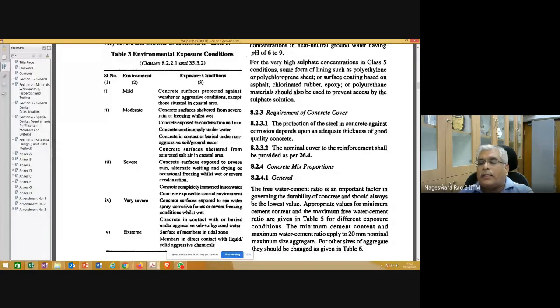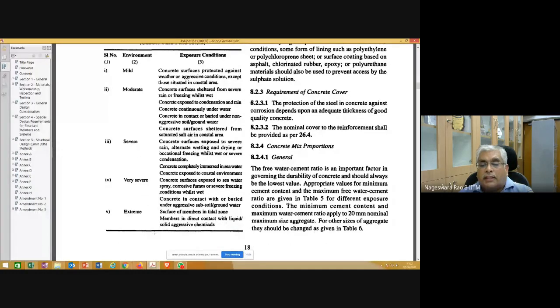The concrete surfaces of the structure that you are planning to construct are protected against weather or aggressive conditions, except those in coastal area. And if you go down, extreme. Let's read what this extreme is. Surfaces of members in tidal zone, members in direct contact with liquid or solid aggressive chemicals.